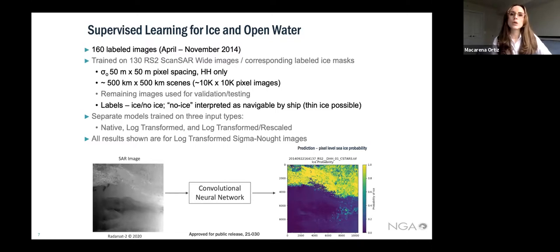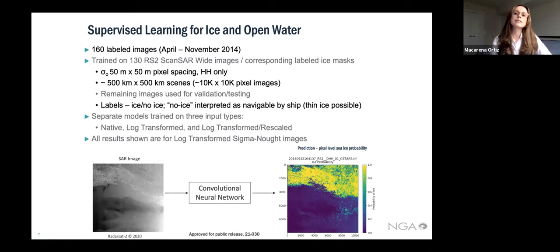The graphic you see below shows how a test image on the left-hand side, an image that the neural network has never seen before, gets segmented into ice probabilities. The pixels that are yellow in color are more likely to be of class ice, while the pixels in deeper blue are more likely to be open water.